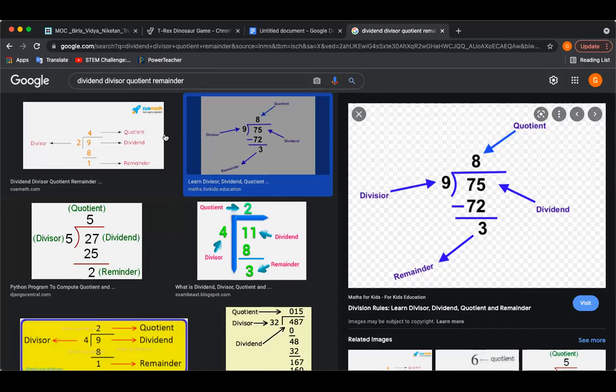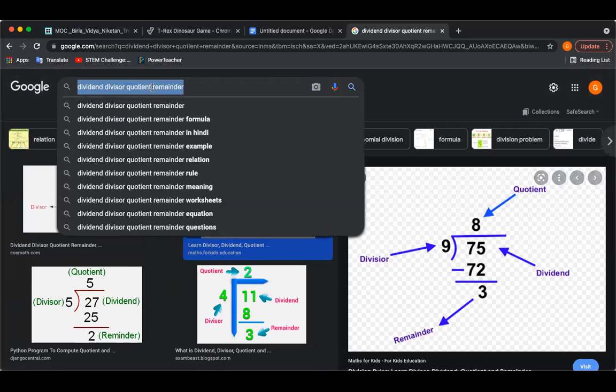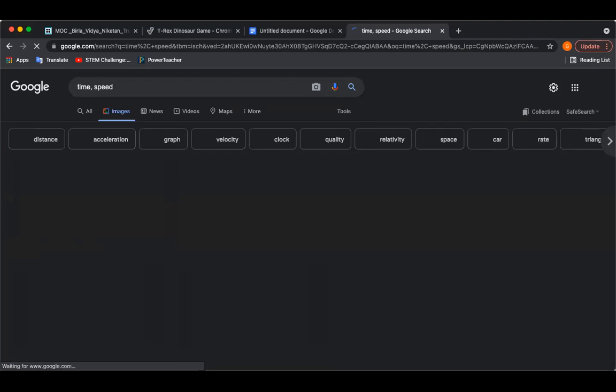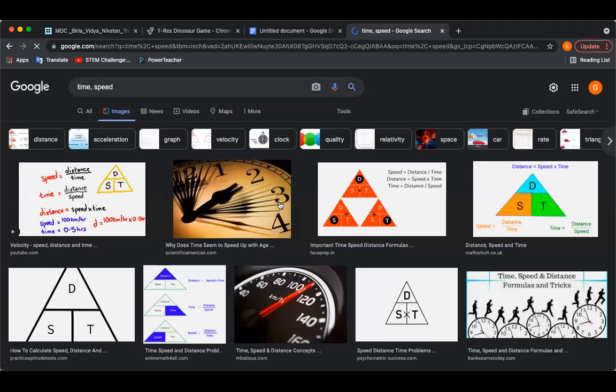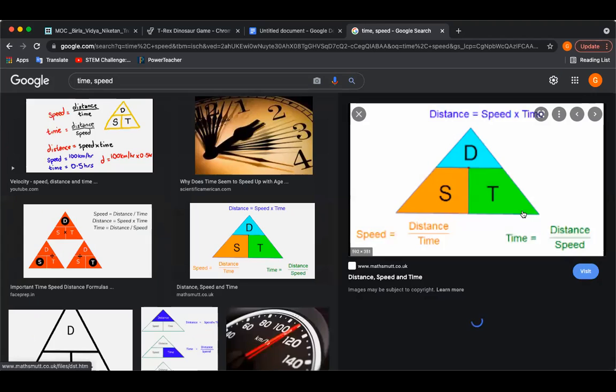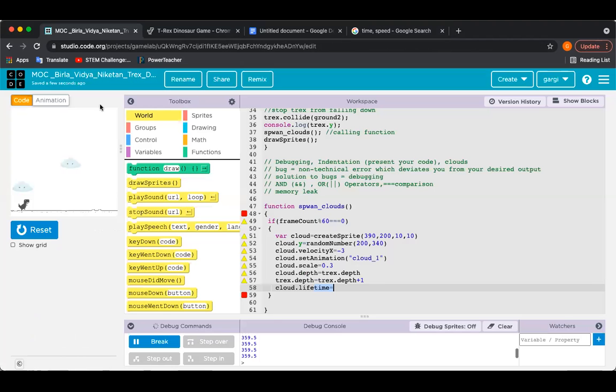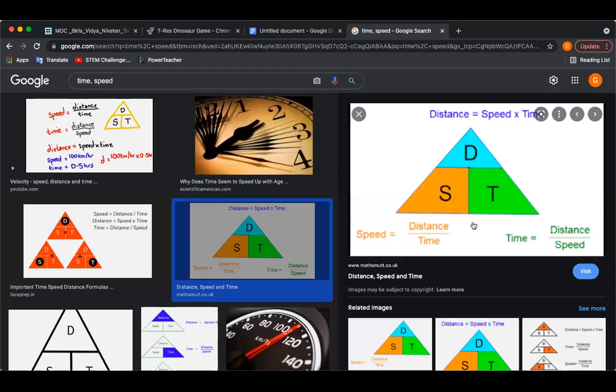Now let's see an interesting fact on time. We have time, we know clouds are running on speed. So let's see, do we have any relation between time and speed? Yes, we do. And what does this relation say? The relation says speed is equal to distance by time. Now how to find this distance? You have a finite output screen. So the cloud starts at 400. They have to cover till they reach x equals 0. So the total distance is 400.